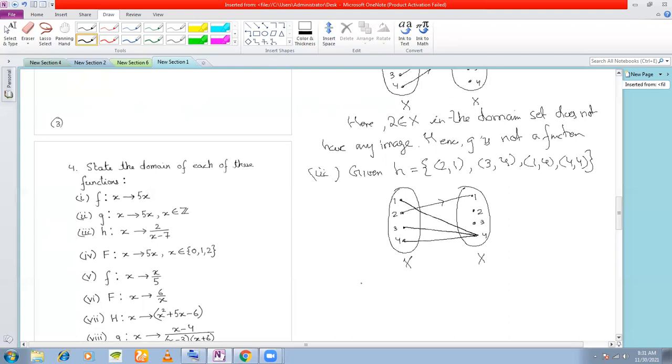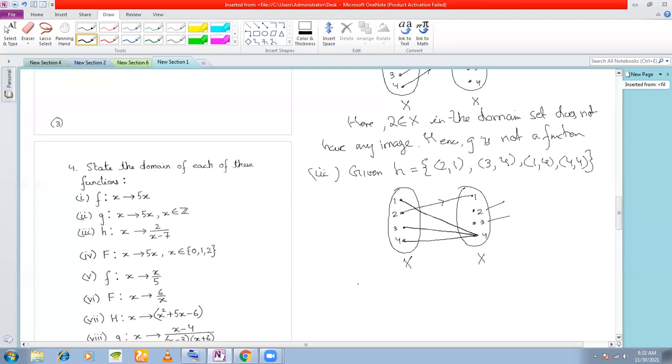So is this a function? Yes, it is a function. Because each element, if you see, has a distinct image. Okay, never mind if 2 and 3 are left out. We don't care about the second set, the set B, right? But each element in the first set is being mapped to a distinct element, right? And if you see, these 1, 3, and 4, they have the same image, 4. So still they are distinct, yeah. 1, 3, and 4 are different people, but they may be twins, or 3 duplicate people. So they still have a distinct image.